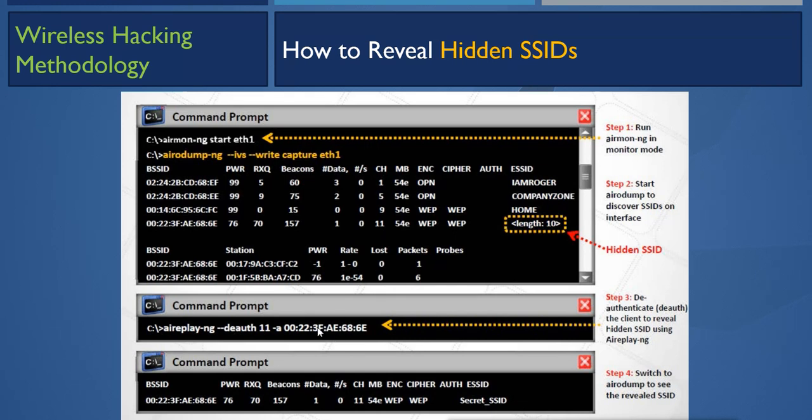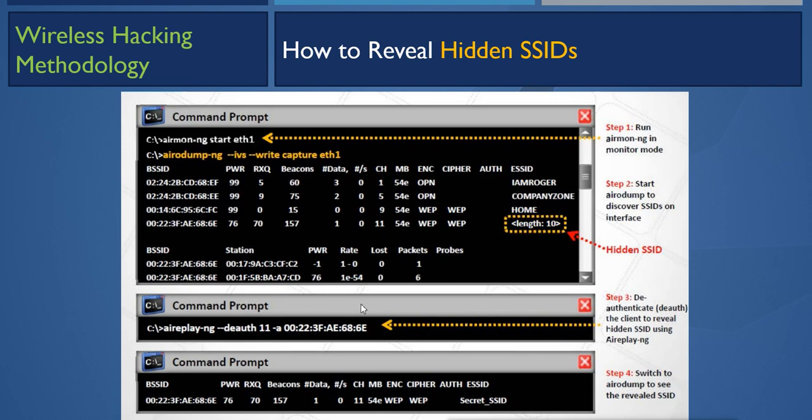This is the MAC address of the AP which is hidden. You can see it is the BSSID. BSSIDs are the MAC address of the access point. So since the SSID is not showing, it will use the BSSID of that AP and send 11 deauthentication packets.